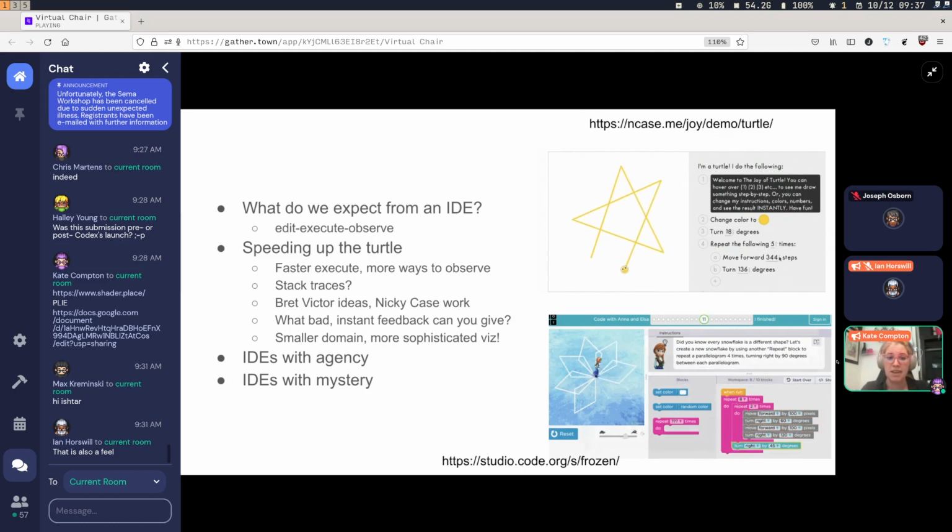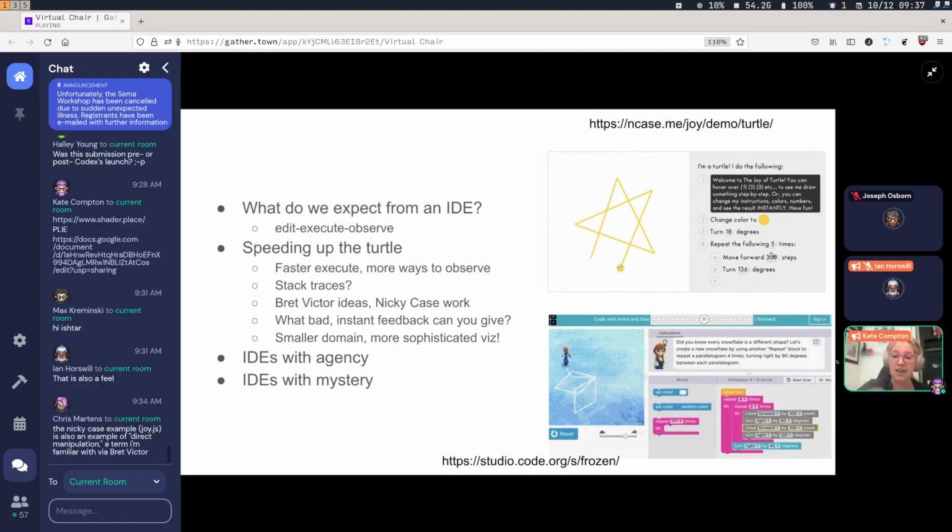A thing to take away from this is the smaller the domain you have, and I learned this from casual creators, the smaller the domain you're working in, the more restrictions and limitations you have on your domain, the more sophisticated you can get with your feedback. So it's like, okay, if I'm writing Visual Studio Code and I know that somebody is writing a program in a language, but that's about all I know about it, then I have to figure out,